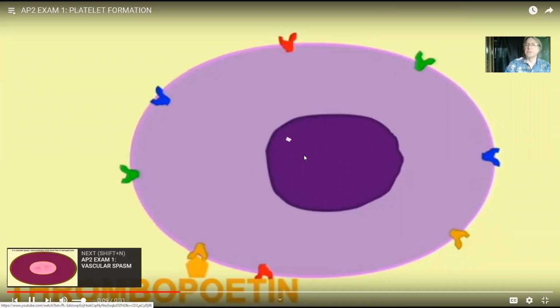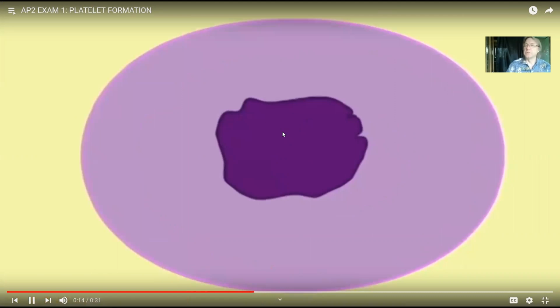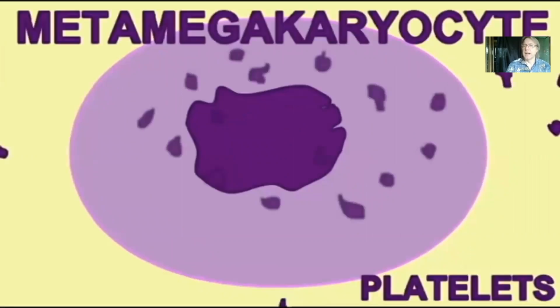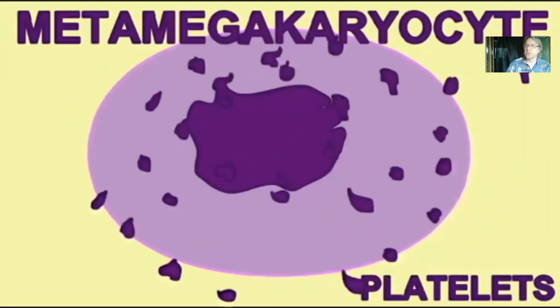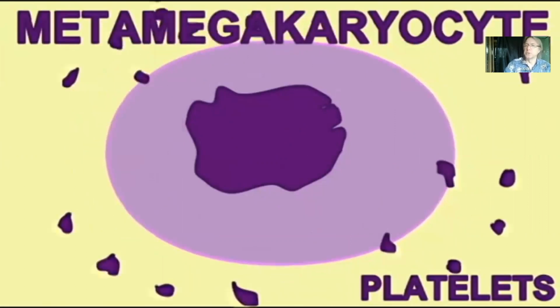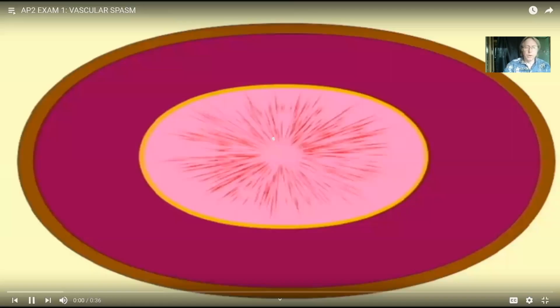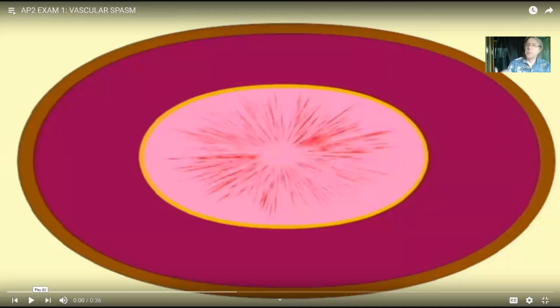Here we have this giant stem cell in the bone marrow. Under the influence of the hormone thrombopoietin, it then began to produce all of these clotting factors, which are then packaged into vesicles inside platelets. Each metamegakaryocyte can produce, say, between 1,000 and 1,500 platelets. So they're not technically cells. Platelets function in the stoppage of blood, but just this one other process will be mentioned again in a second,